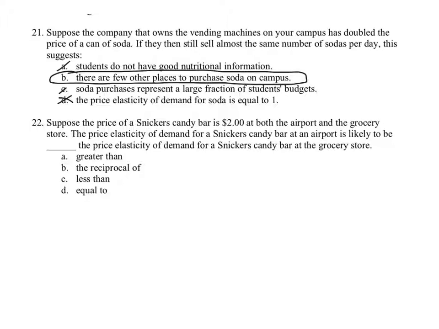Whereas for something like salt, it costs $1 for one of those canisters. If it were just me, not my wife, who's a baker, I'd use one of those canisters every 5 or 10 years. I had the same canister of salt before I married my wife. Price could double, triple, quadruple. I don't care. I'm not going to think about that before I put salt on my French fries. All right. The other determinant is time.